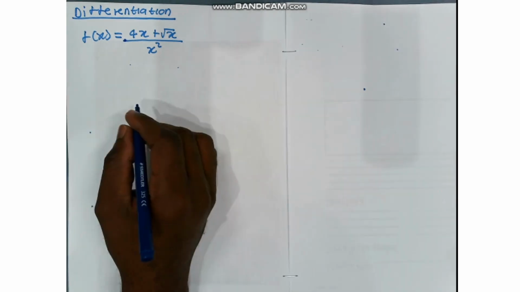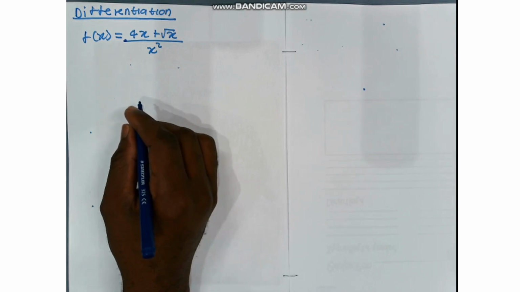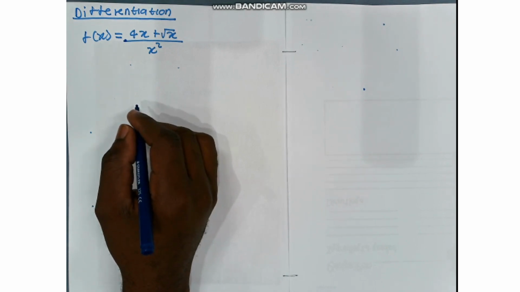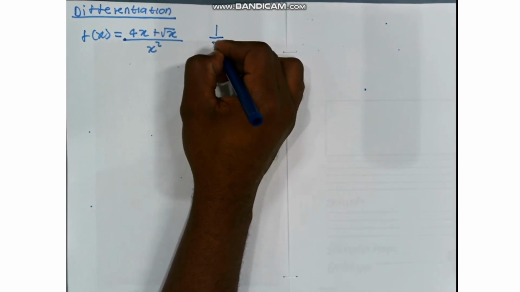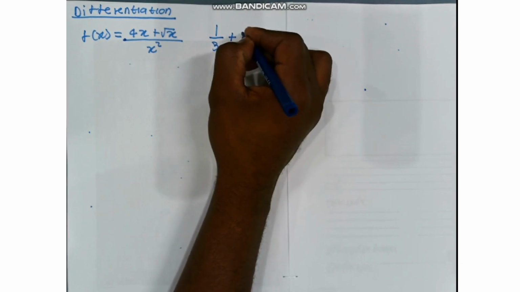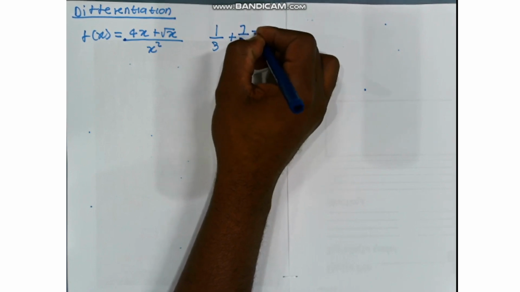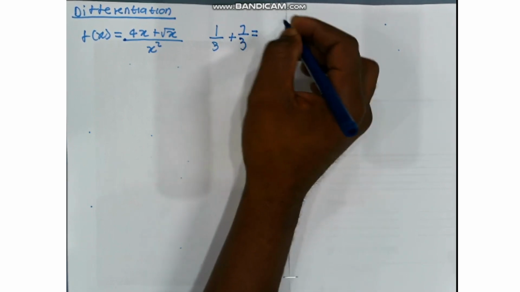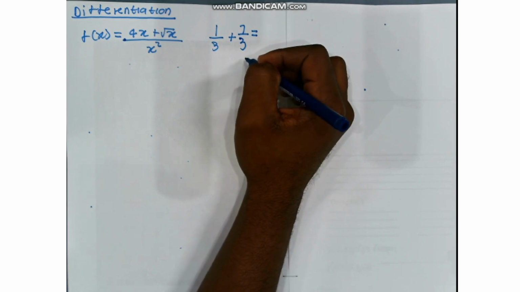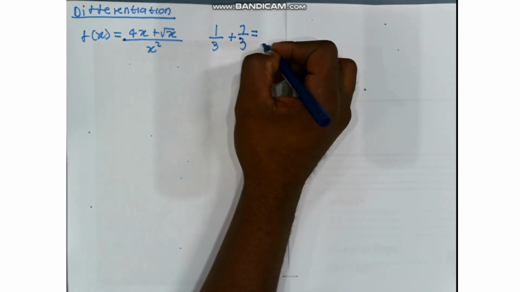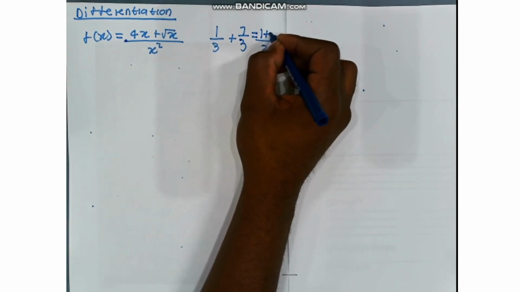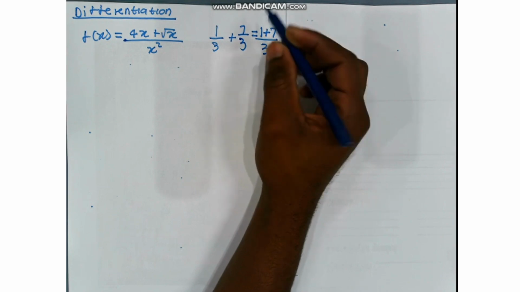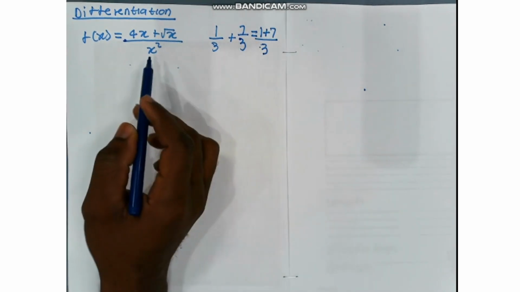We're still doing our derivation. We are still going to apply what I hope you still remember from our previous video, where we did this example of 7 1 over 3 plus 7 over 3, where we need to add this fraction. By adding this fraction, the denominator is the same, so we just take one denominator and we add our exponents, 1 plus 7. So this is the same as this, so we're going to apply the same thing here,